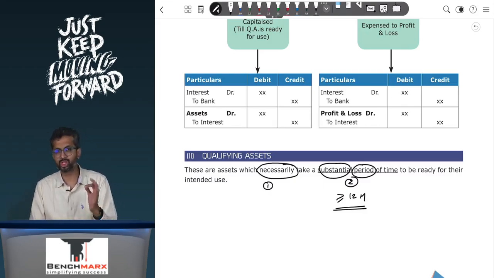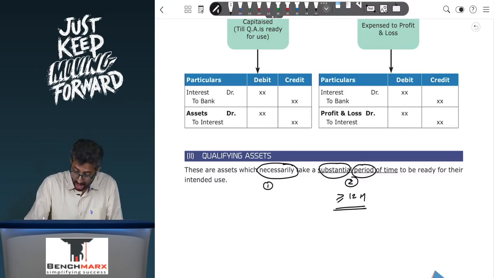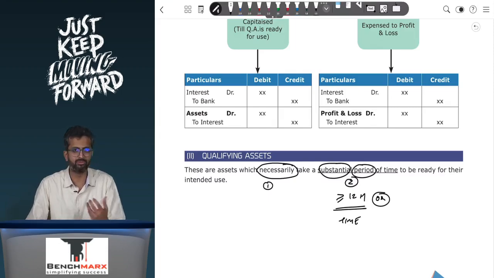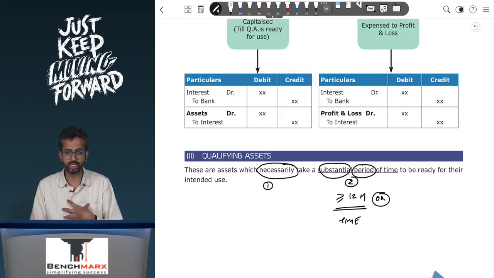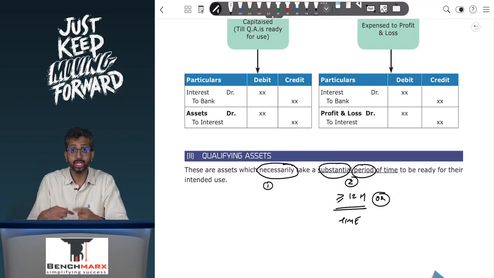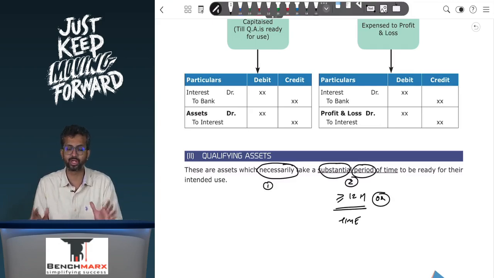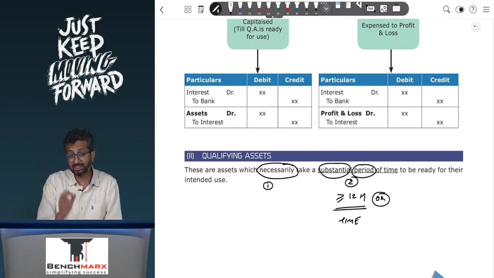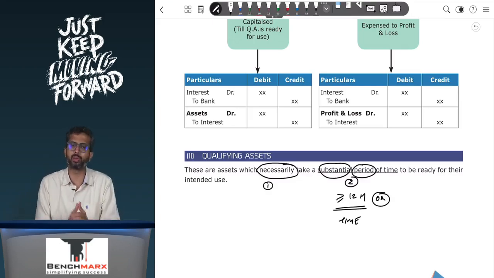However, is 12 months a necessary condition? The standard says no. It is 12 months or the time period as specified by the company, whichever is relevant. So if nothing is specified, I will take 12 months. However, if I am a technology company, I would say that technology changes very fast, and hence if a software even takes more than 6 months to develop, it is a substantial period for me, and hence I have decided that for the purpose of AS16, 6 months is my threshold for determining whether it is a qualifying